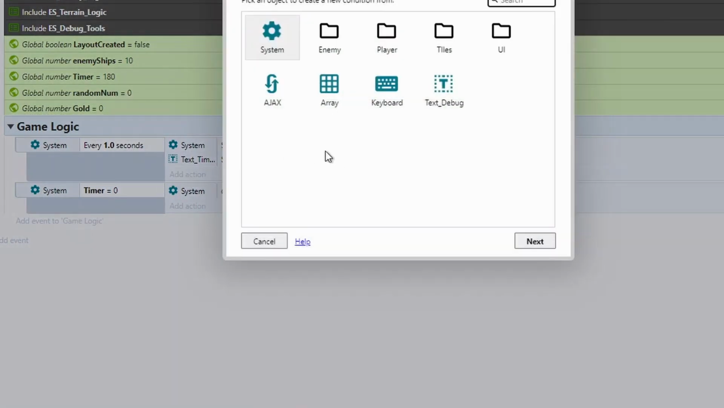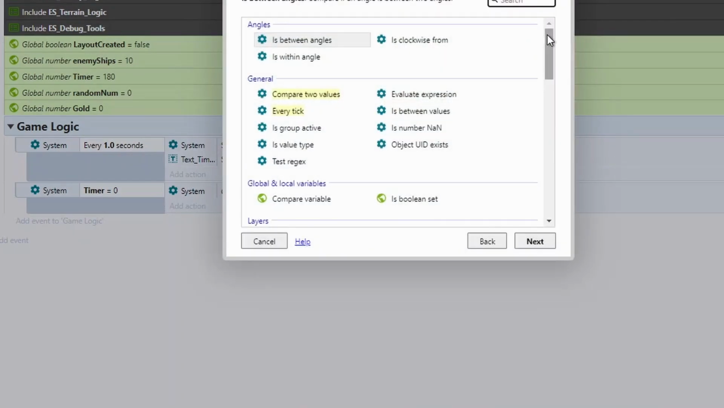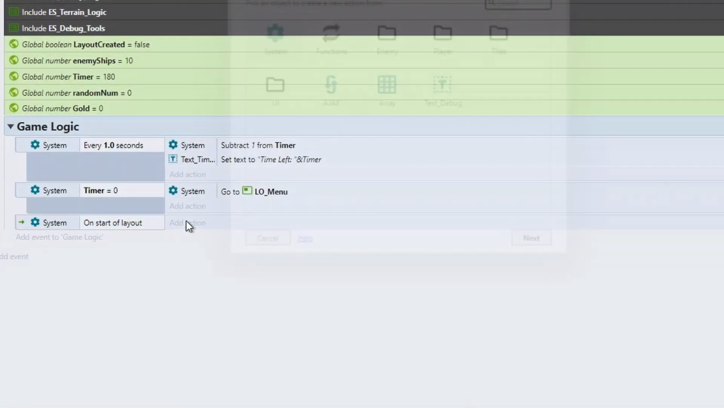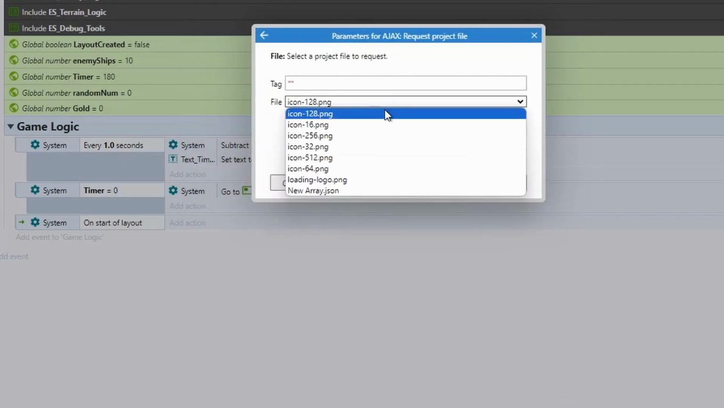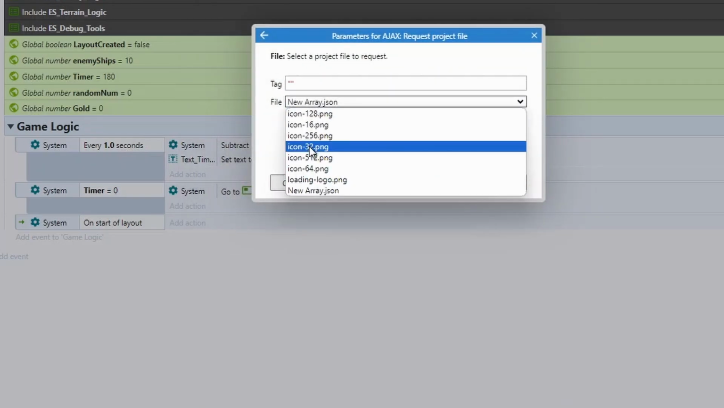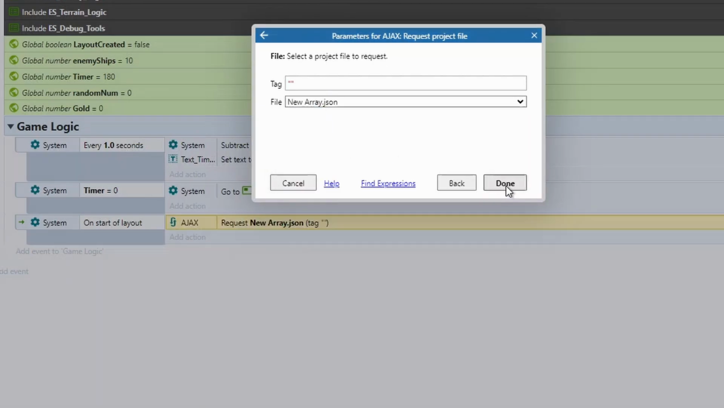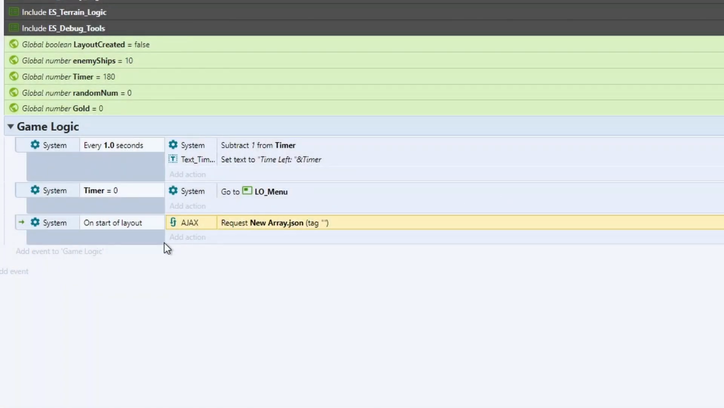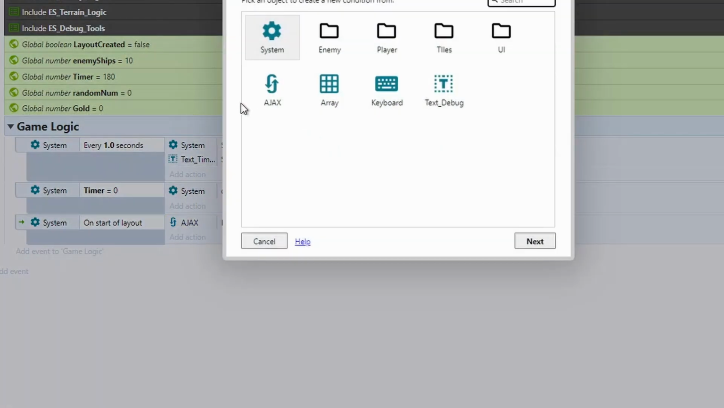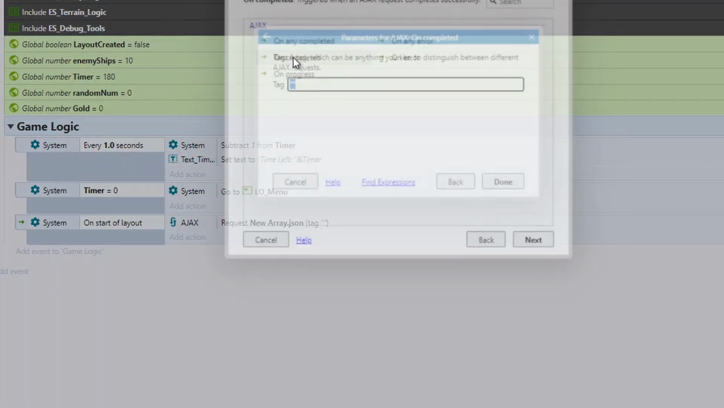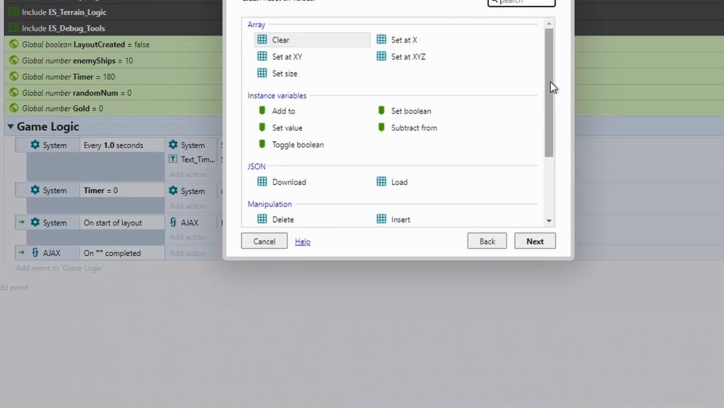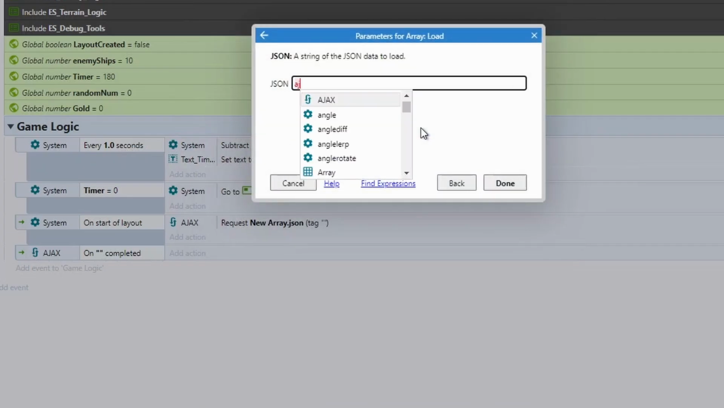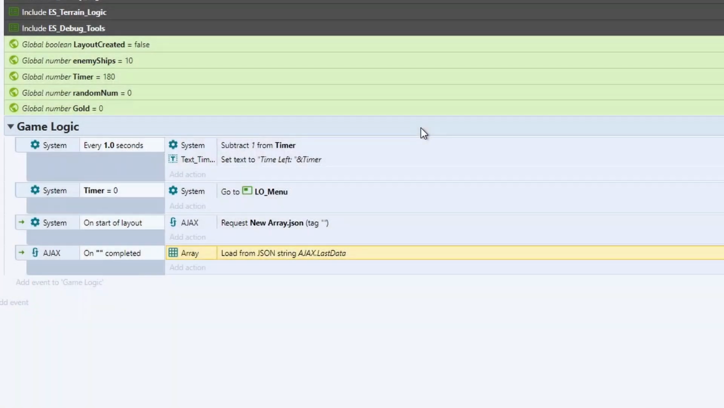But if you've never seen me do this before, what you can do is an on start of layout. So when the layout starts, we can use Ajax to fetch that project file. So again, just make sure you get the right one, because you've also got in the icons. So you can change the icon of your project as well, which we sort of covered when we did the mobile app. And then we can say Ajax on complete, and then add action, and then array load Ajax last data. I've done this quite a few times, but going back to my terrain logic,